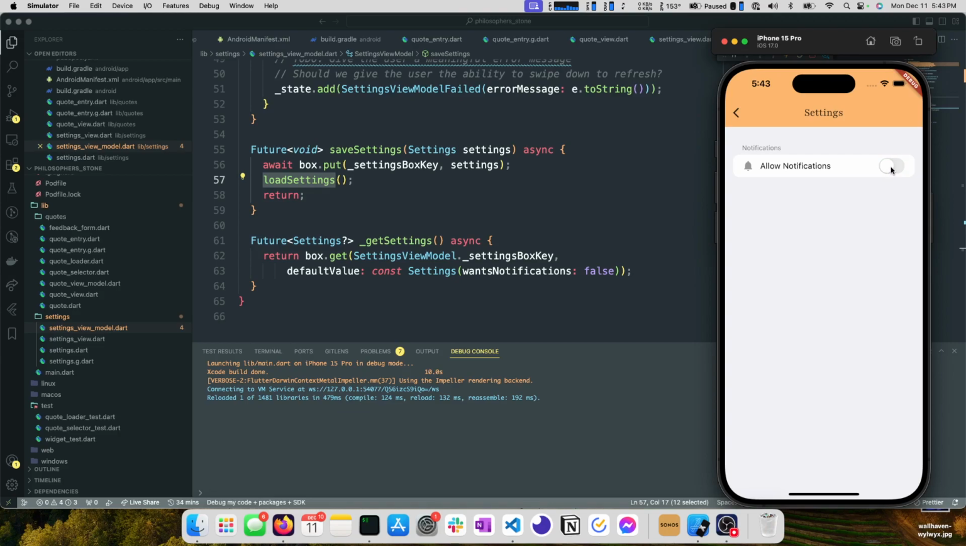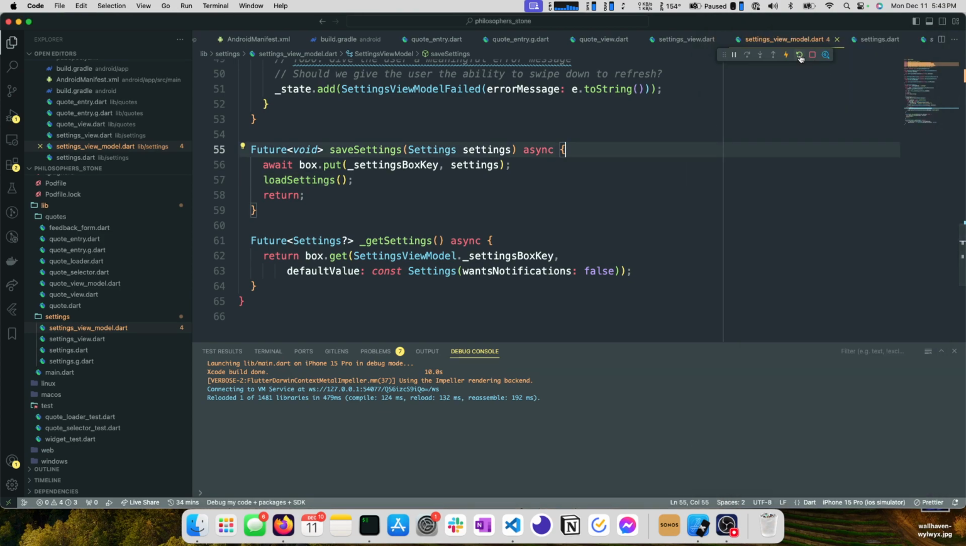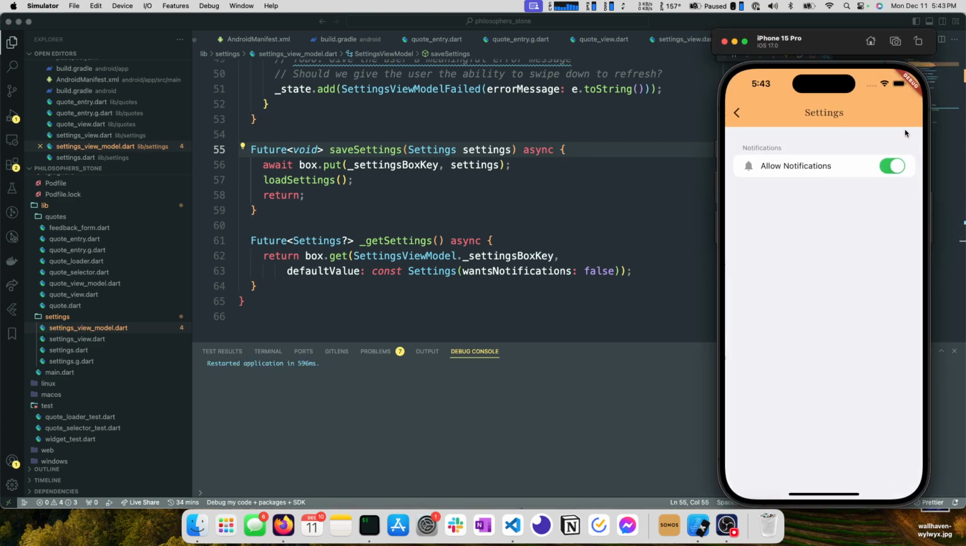Great. It's actually toggleable. Now that we've clicked allow notifications, let's navigate away and come back. And it's still checked. Click it one more time, navigate away, come back, click it one more time, come back to VS Code, restart the application, hit settings, and it's still checked. Okay, we're storing our settings preferences, which is what we set out to do today,